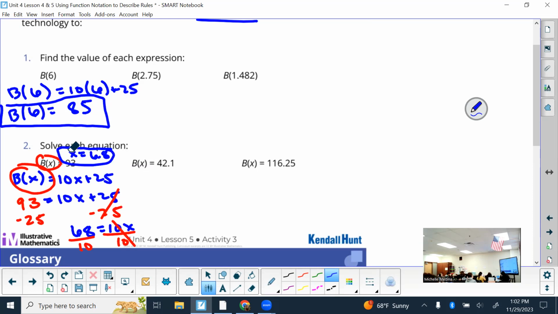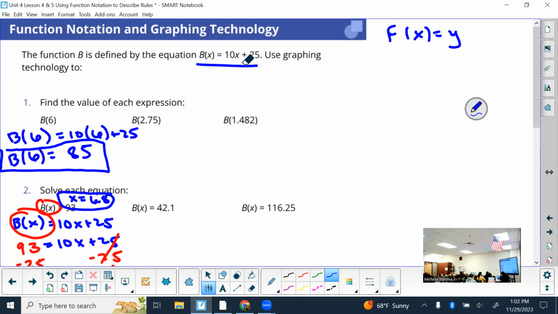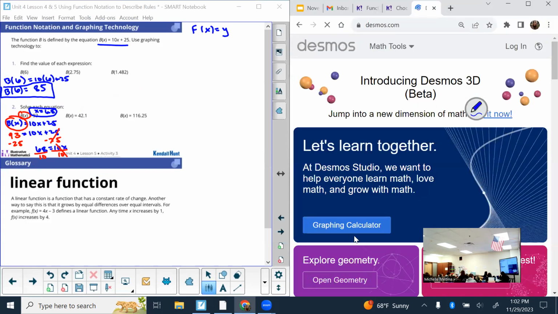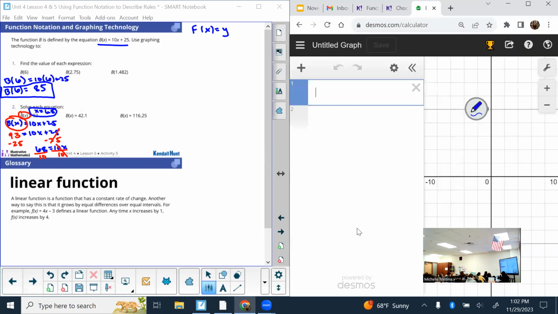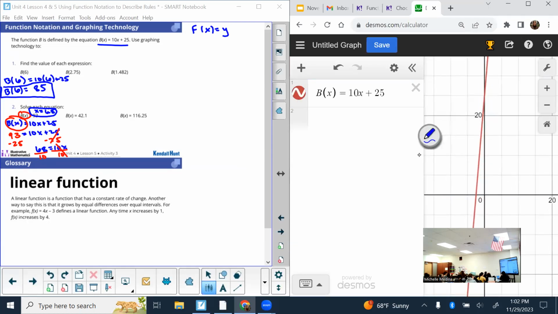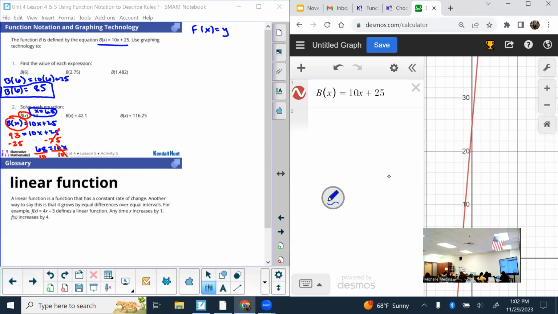I said I'd show you with graphing technology, so I will briefly. To use your graphing technology, you got to know what the equation is. And the equation's right here. I'm going to open up Desmos, and I'm going to type in the equation exactly how it's given to me. So it's B of X equals 10x plus 25. And look, we get a graph. Now we know how to read graphs on paper, but when it's Desmos, you can click on the line and see,